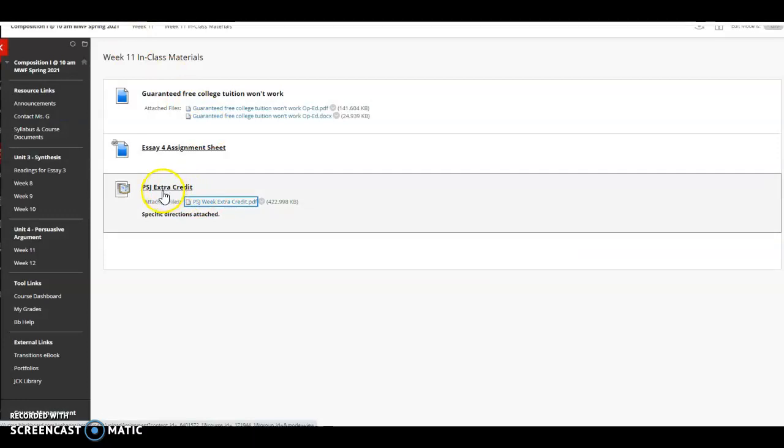Sorry, I'm rushing here at the end. Just let me know if you guys have any questions, and I'll give directions for turning